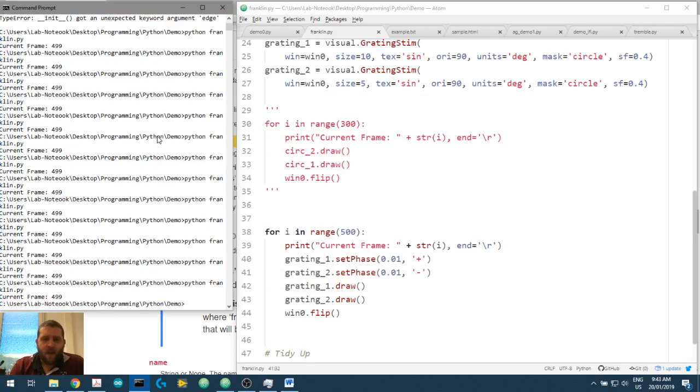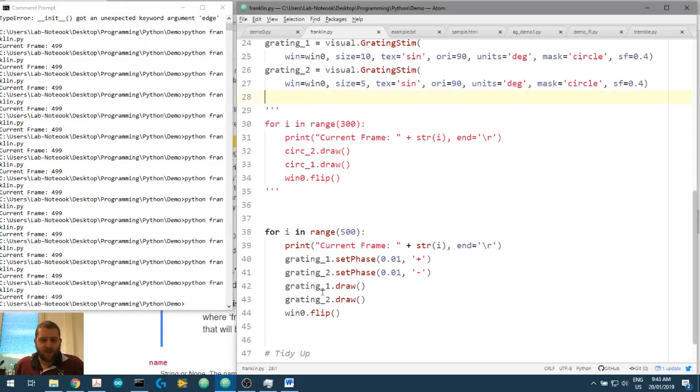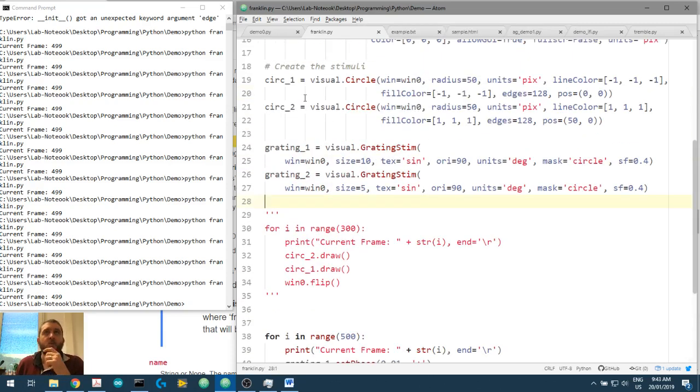Now, we're going to return to the drawing order. What if you don't want a grating in the middle of your grating, like what we've just done there? Let's say you want to create a grating that is an annulus. How do we do that? Well, let's get rid of this second grating and let's think about it. What do we want? We want a grating that's only a ring. So the central part of our stimulus should appear like the background, shouldn't it? So how do we do that? Well,